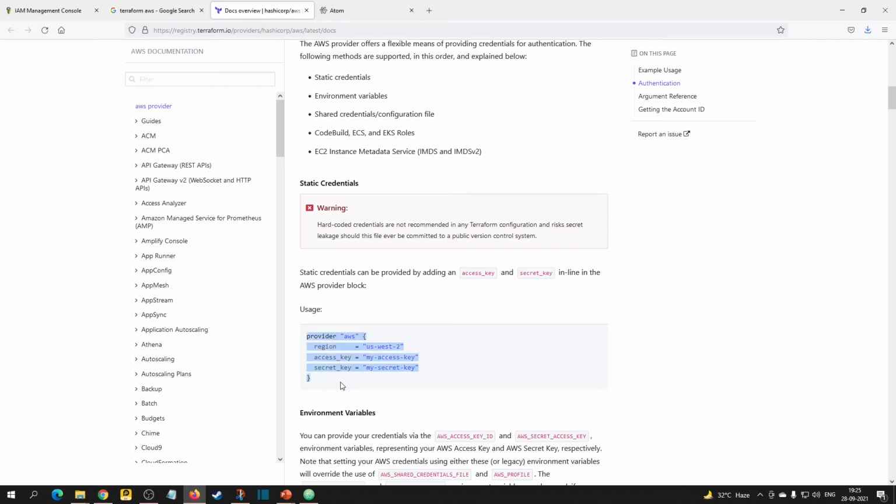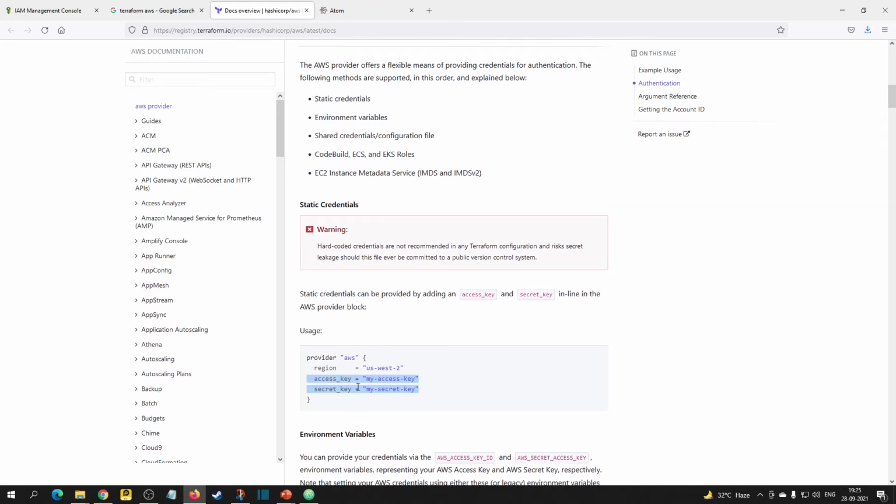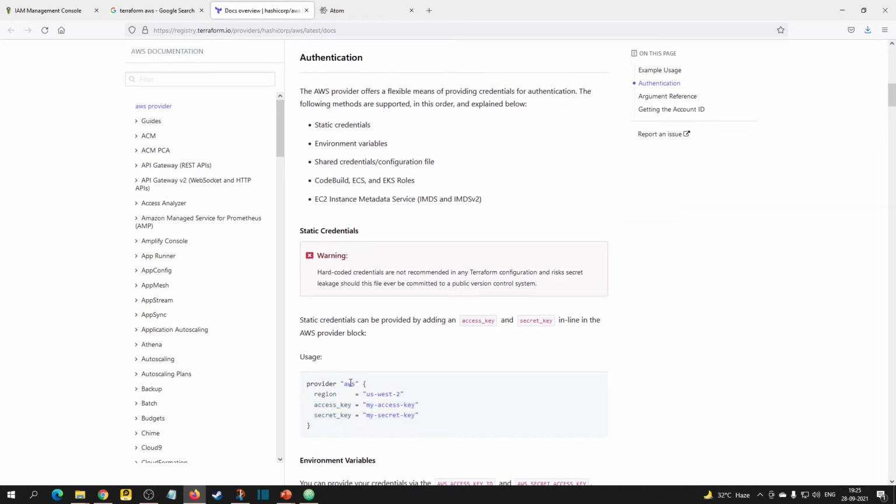For the AWS provider, we need some basic information, like which region we are going to run in and what the access key and the secret key are that we are going to provide. This is the one which we created earlier for the IAM user. We'll be providing the information here. Provider is nothing but the service provider Terraform is going to interact with. It could be AWS, Azure, Google Cloud or anything else. So this is the basic information we are going to provide.